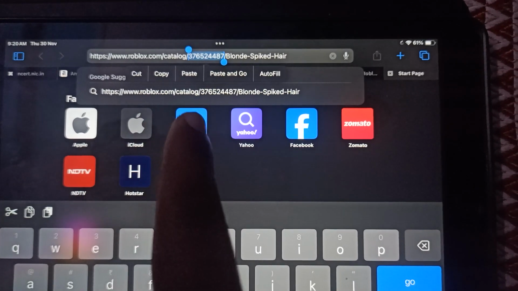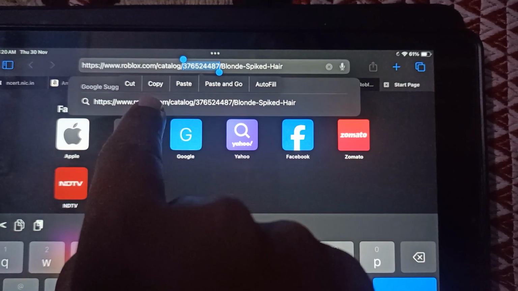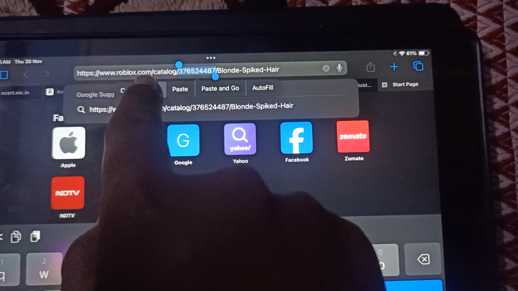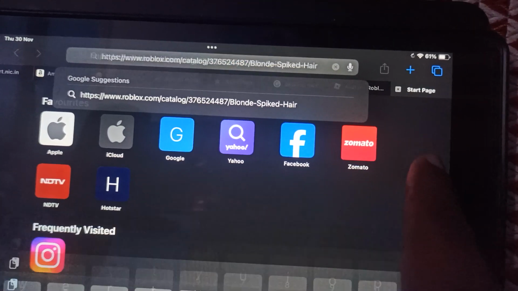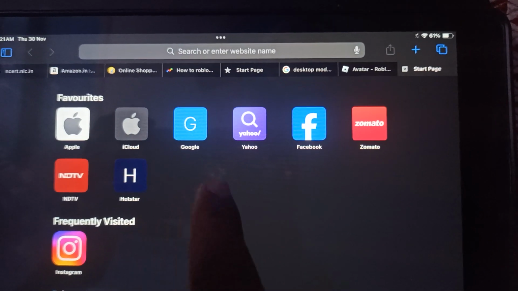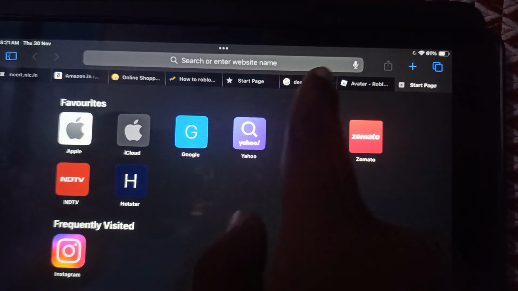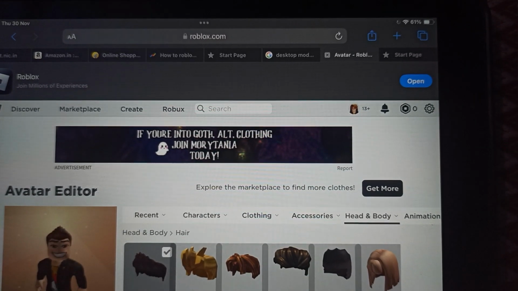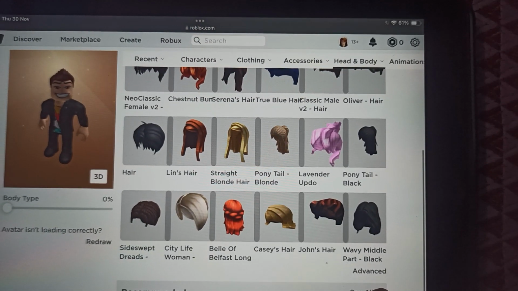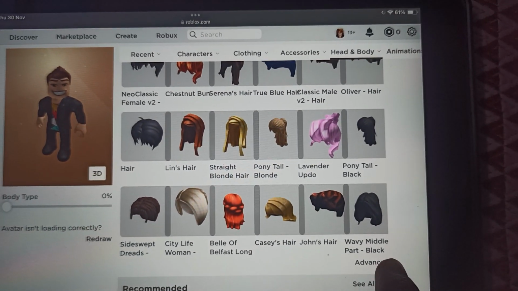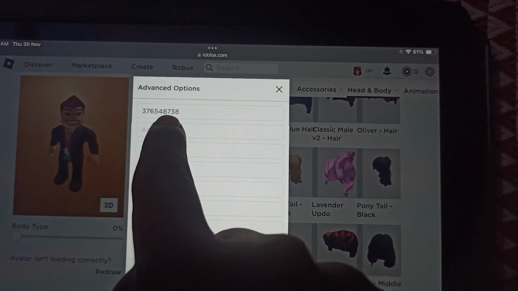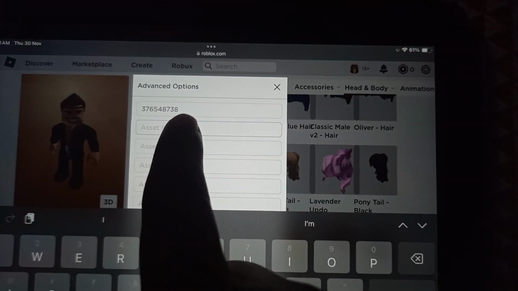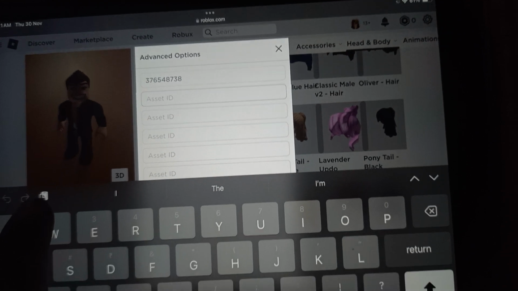Just copy the asset ID of the new hair. Once you select the asset ID, just copy the asset ID from here. Just tap on it. Once you copy the asset ID, now you just need to go to roblox.com here, and here you will see this advanced link. Tap on it and paste the asset ID that you have copied